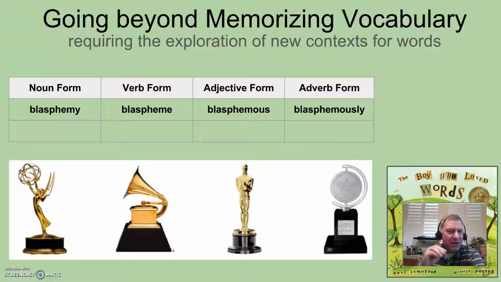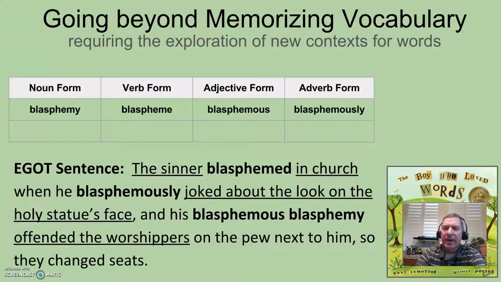The idea of the EGOT is once you discover it, then you create a ridiculous sentence where you use all 4 forms, and you also insert context clues. You can't just slam them all in a really short sentence. The blasphemous, blaspheme, blasphemously. You can't just do that because there's not a context clue in there. And so here what you're seeing is me using all 4 words, and I've underlined my context clues. My students love to write these sentences because they're silly.